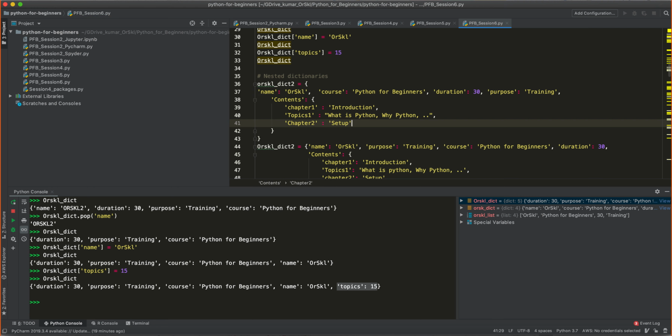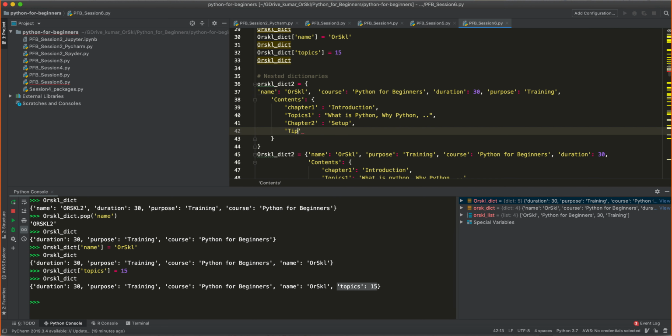What are the topics inside chapter 2? There are multiple ways to represent this data. In the setup, we have seen PyCharm, Jupyter, and we have also seen Terminal, Anaconda, Spyder, etc. These were the topics of the second chapter, and so on and so forth.